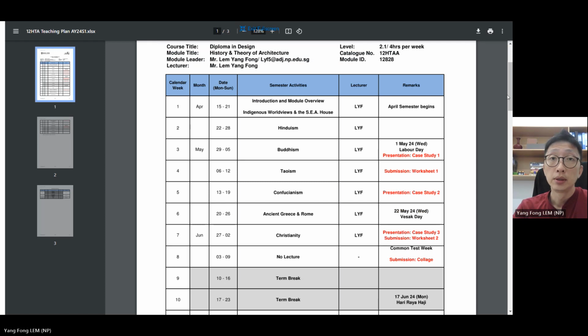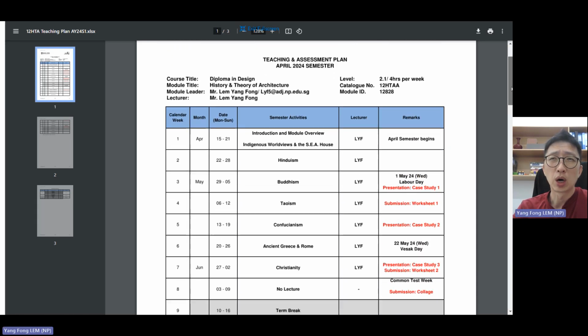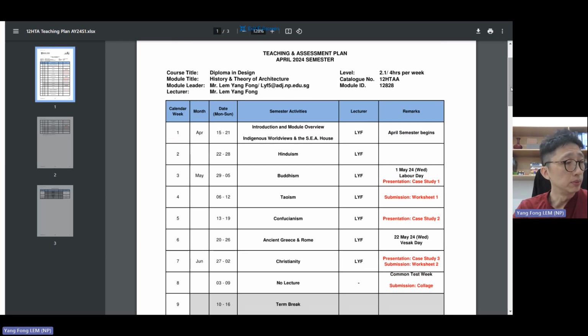This module is 4 hours per week, on Friday morning. On the timetable it runs 8, 9, 10, 11. But when we meet face to face, we will start at 9 in class: 9 to 10, 10 to 11, 11 to 12. That's 3 hours. The first 1 hour, based on the timetable, from 8 to 9,